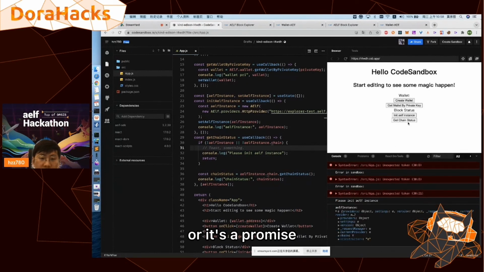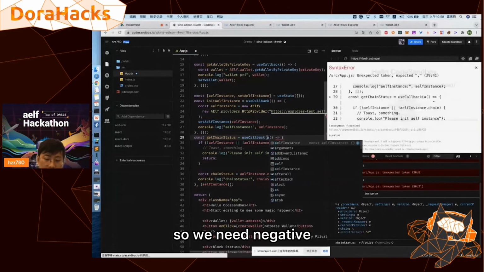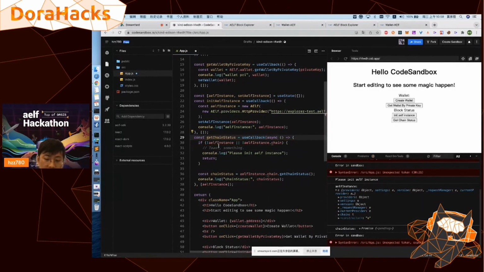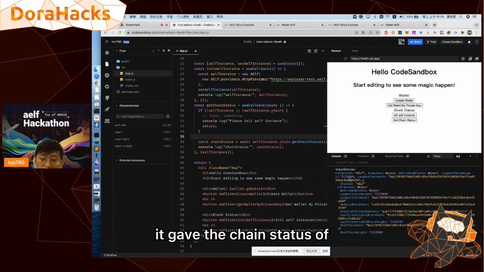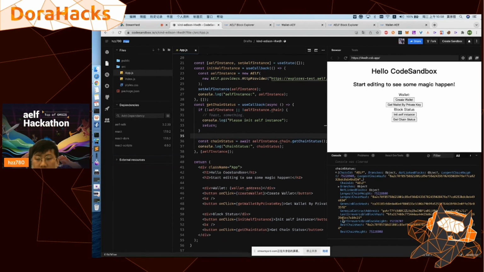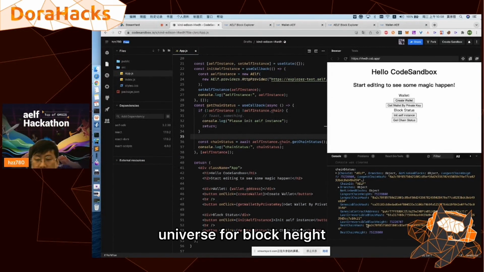Oh, it's a promise. So we need await. Wait. So, and now we got the chain status of our blockchain. And you can see we use the main chain elf, and the longest chain height is 75228800. And we can see the last irreversible block height